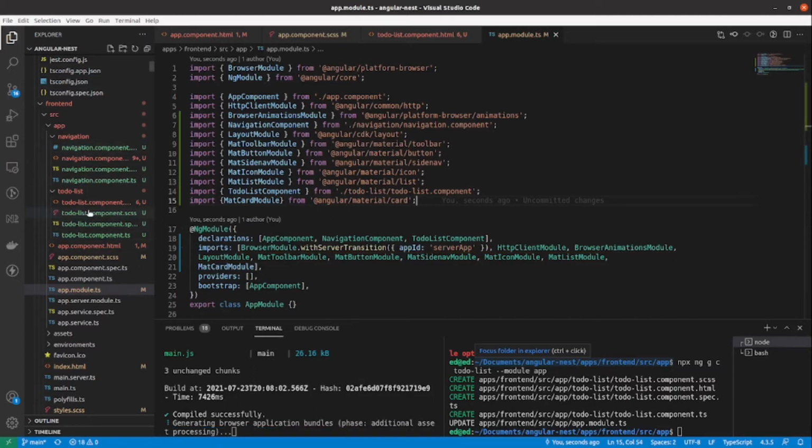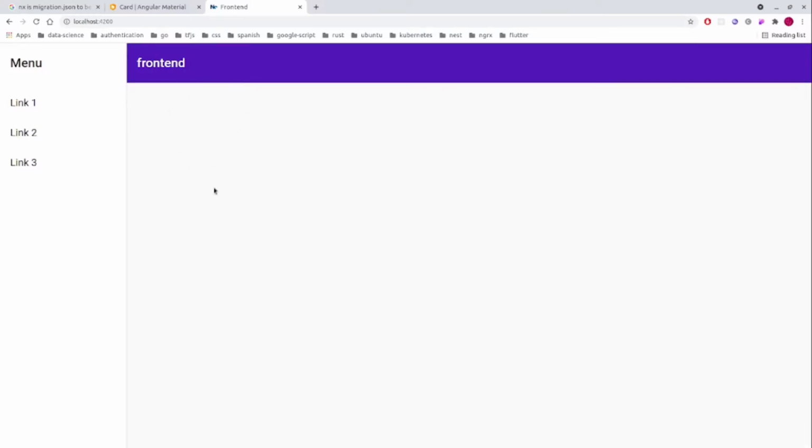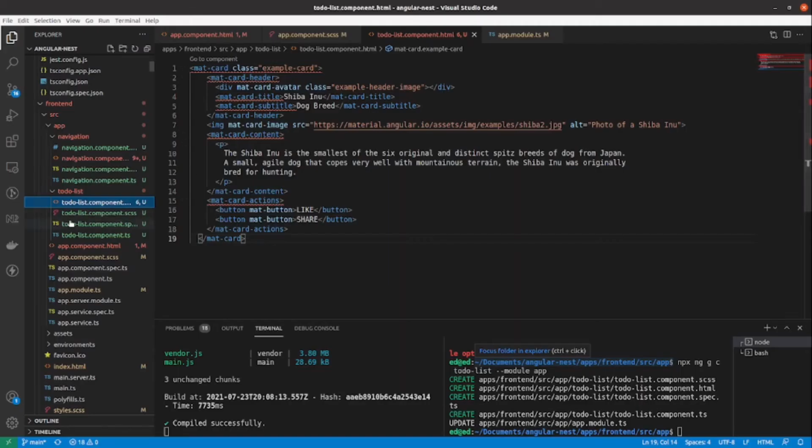So the Angular Material card is now imported. And now if you navigate to the page, it's still not shown, because what we now try to do is generate the routing module. We need to add that module, and we can generate it by using